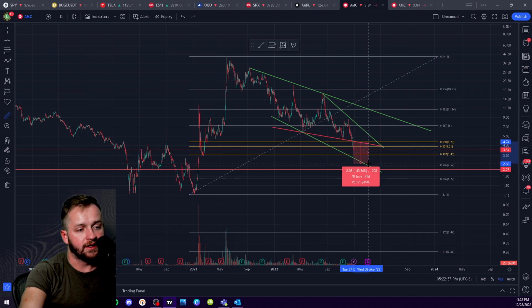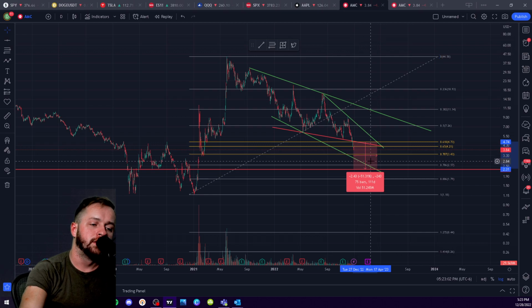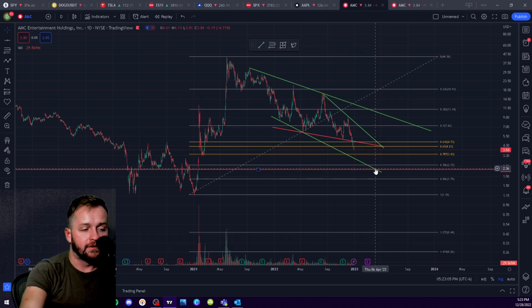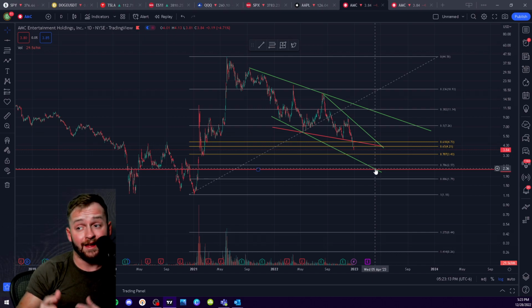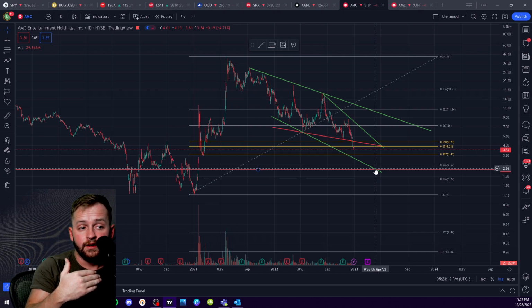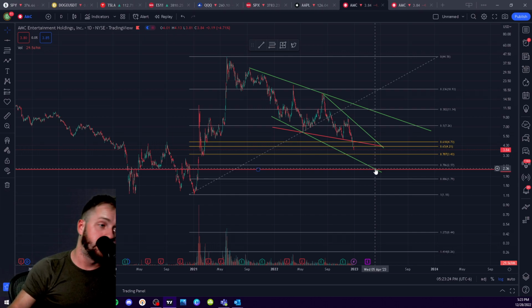So basically what I'm projecting here is by the time it's all said and done, as much as 50% from the break. And my timeline on this, and again, this correlates with the broader market being very bearish, is like April. So the timeline's not that crazy, because it correlates with the broader market being extremely weak. I was never the type of person that thought that a bear market would be good for AMC. Actually, I repeatedly spoke out against that sort of narrative many times.